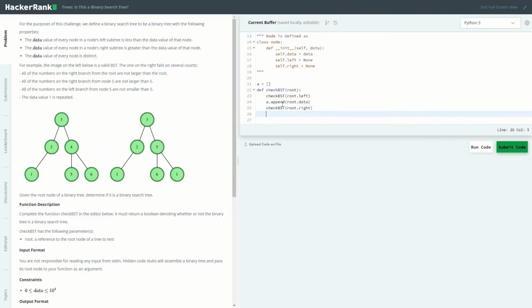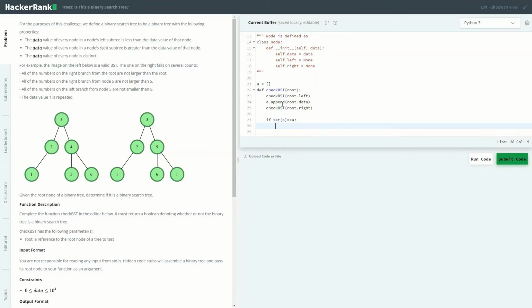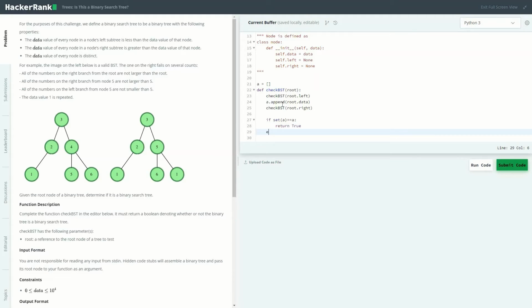Now once it is sorted, there are two things to check. One is whether our list contains all single elements, because a tree cannot always contain unique elements. A tree cannot contain two values which have the same value. It cannot be possible in a tree. So if set of a equals a, then you'll be returning true. Else,